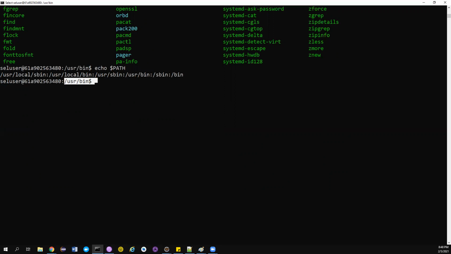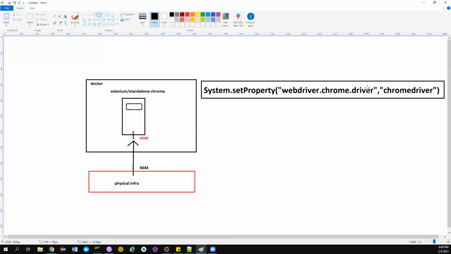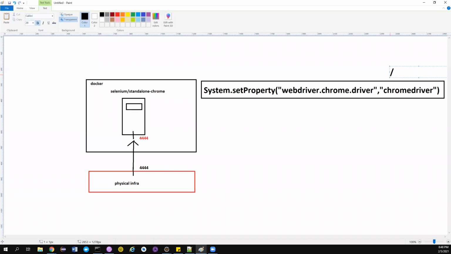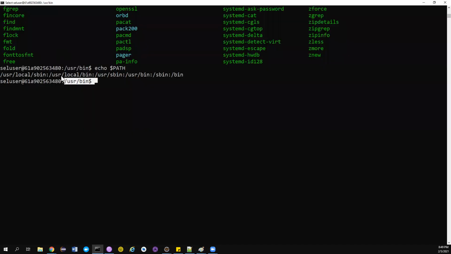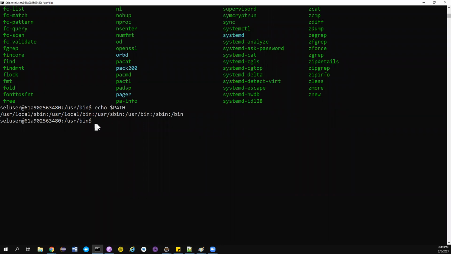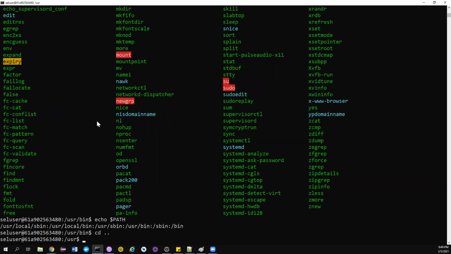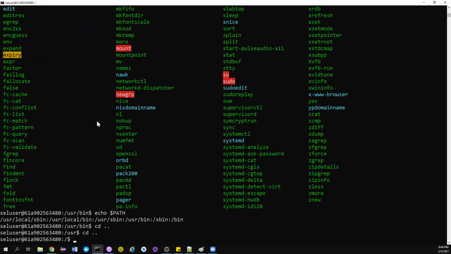Once you set this, you don't have to mention this whole thing. You don't have to tell exactly, because here they haven't mentioned it like this. If they hadn't done that, they would have to mention something like this, inside opt, inside bin. They would have to go and search for this Chrome driver somewhere. They need to use this command. But since they have done the path setup, they are not doing all these things. It will automatically take it from the /usr/bin location, but the original file is located in this particular location, the /opt/selenium location. So this is the location.